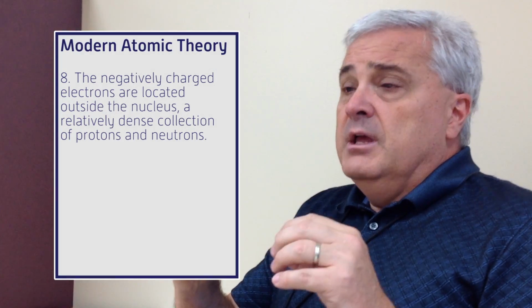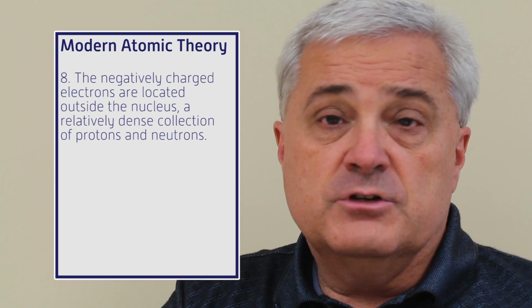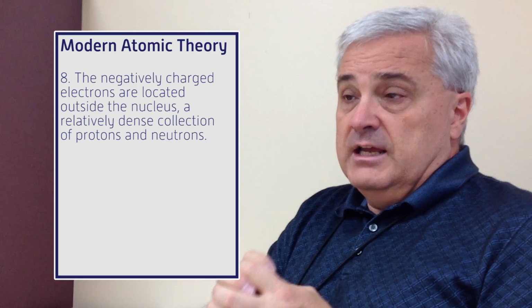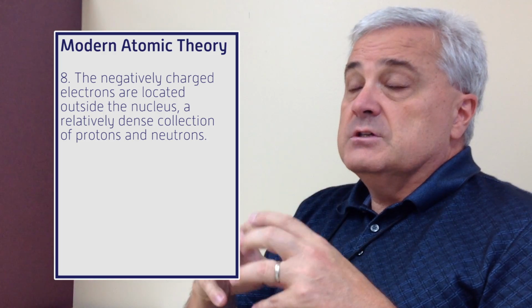Rutherford was able to determine that the nucleus is surrounded by the electrons. So he was able to give a picture to the structure of the atom. And in the Rutherford model, all of the protons and neutrons are densely connected into a central nucleus, and around the nucleus, Rutherford said the electrons were positioned.